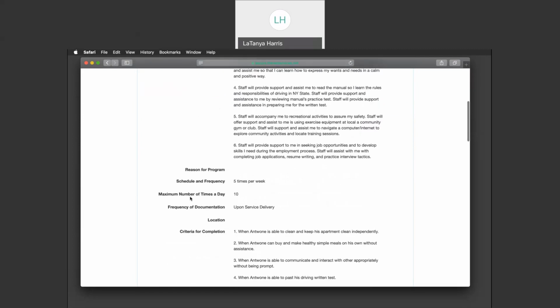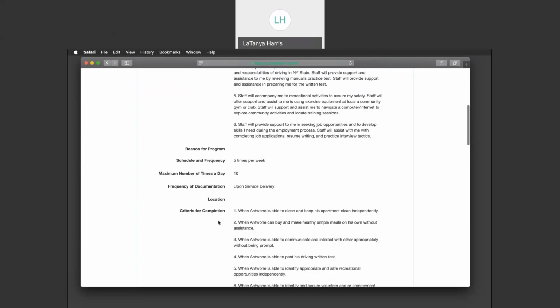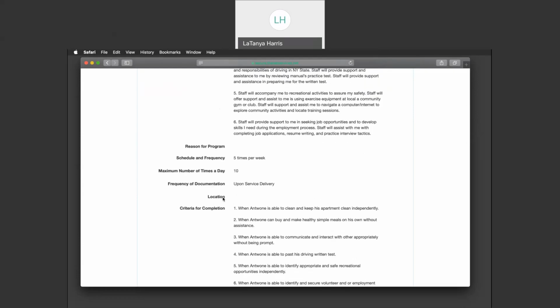This right here, the maximum number of times a day, is the amount of times that the staff member has to actually document. You'll notice underneath it says frequency of documentation, which is extremely important upon service delivery. So as soon as you complete the service or work on the goal with the individual, we want you to document that you've done so. Location is blank because the location you're going to enter when you go to document,